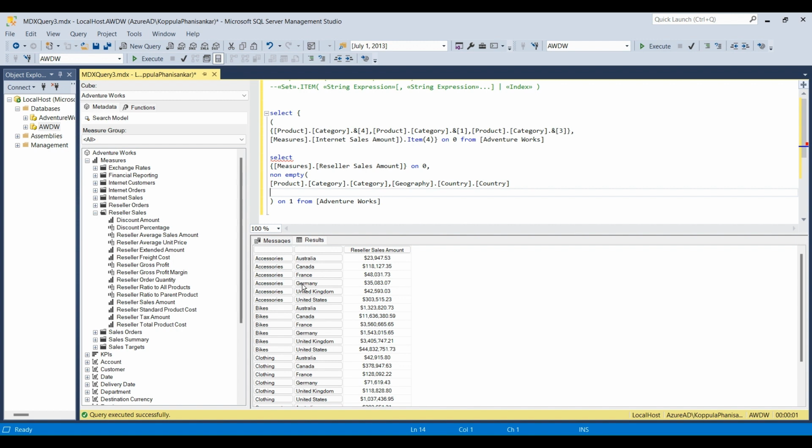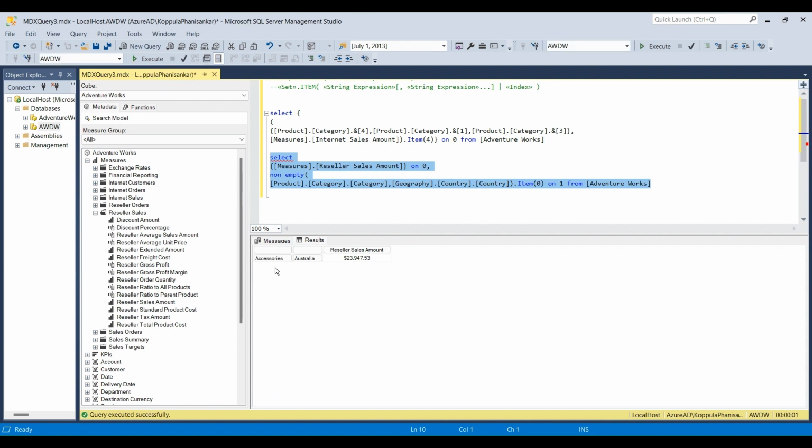Now my requirement is to bring the Australia information, so maybe I'll say accessories. Here I write item 0. Remember that now we have two dimension attributes added into my on rows condition. If I mention item 0, what will happen? It will bring accessories, Australia. Now if I say item 1, then it will bring